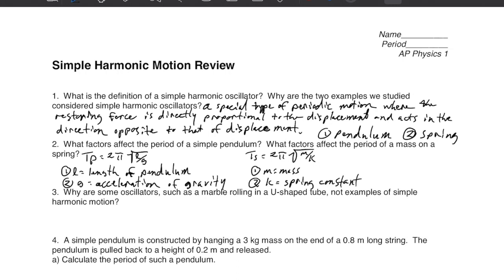Number 3, why are some oscillators, such as a marble rolling in a U-shaped tube, not examples of simple harmonic motion? If we look at a U-shaped tube, the bottom portion is a semicircle, and it would work for our purposes of simple harmonic motion. But if you look above my dotted line, if I've got an object that's moving, and that's my marble inside my U-shape area, if it's moving in that vertical area, as it goes further up, it is moving away from